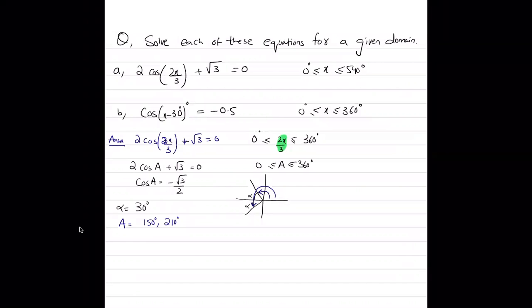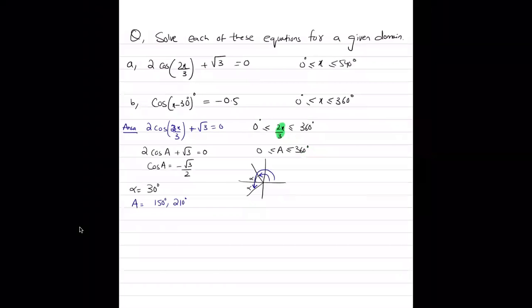Okay. So the value of A came out to be 150 degrees and 210 degrees. Then I wasn't asked for the value of A. I was asked for the value of x. So I'm going to check, are these only the two angles that are going to lie between 0 and 360? Why not, are these two the only two angles? Or there could be more? It'll only be these two. These two, right? So these are the two values of A.